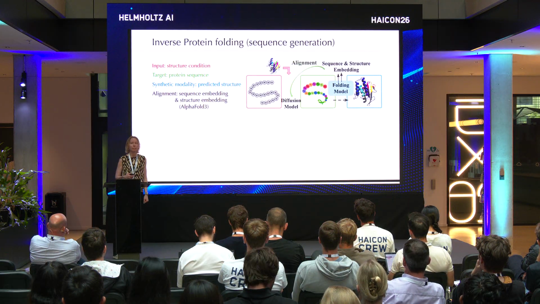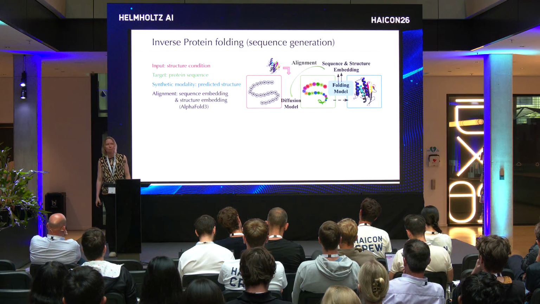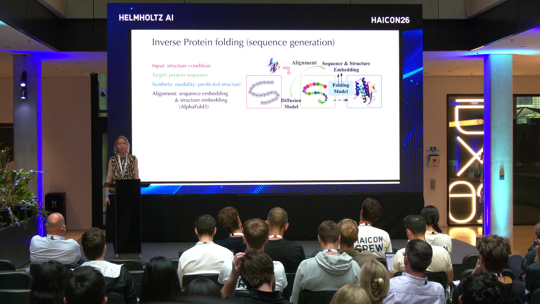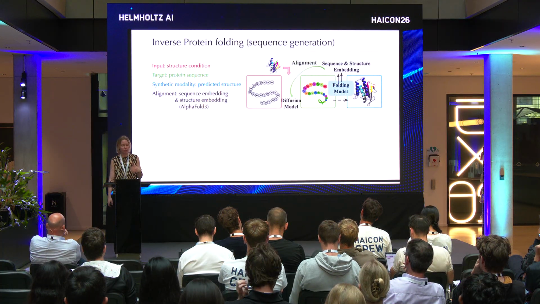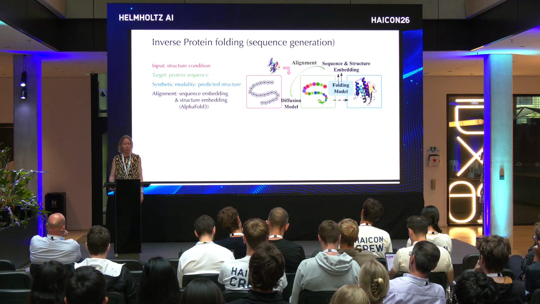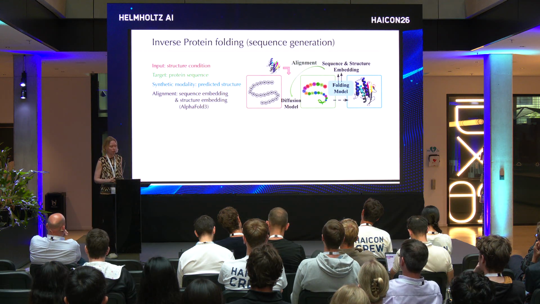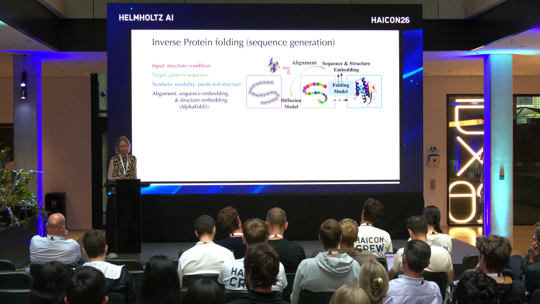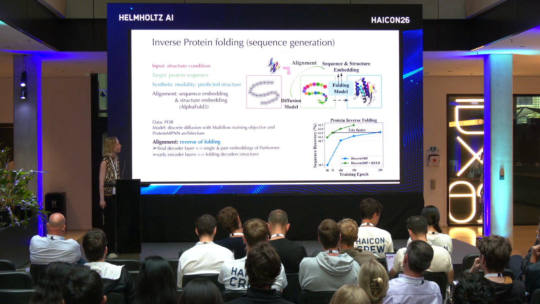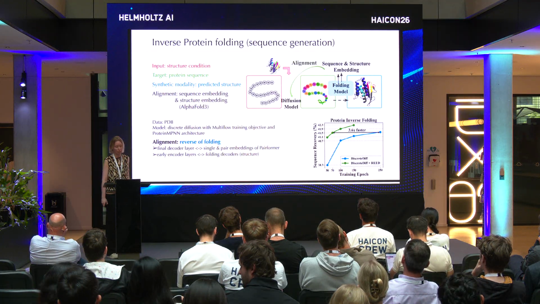So what are the modalities here? One modality is an embedding of that structure. The other modality is a sequence embedding, so information about sequence. So in this case, we took it from AlphaFold, so we take the structure embeddings from the diffusion model, and the other ones are the pair and single embeddings that we get from the performer. Okay, and this works. So here is the table. It speeds up the training by about 3.6 times.